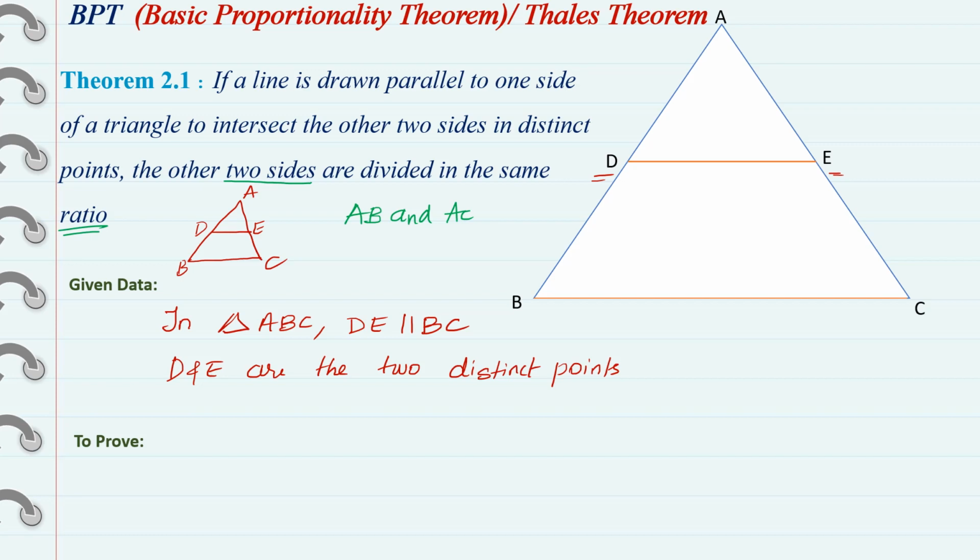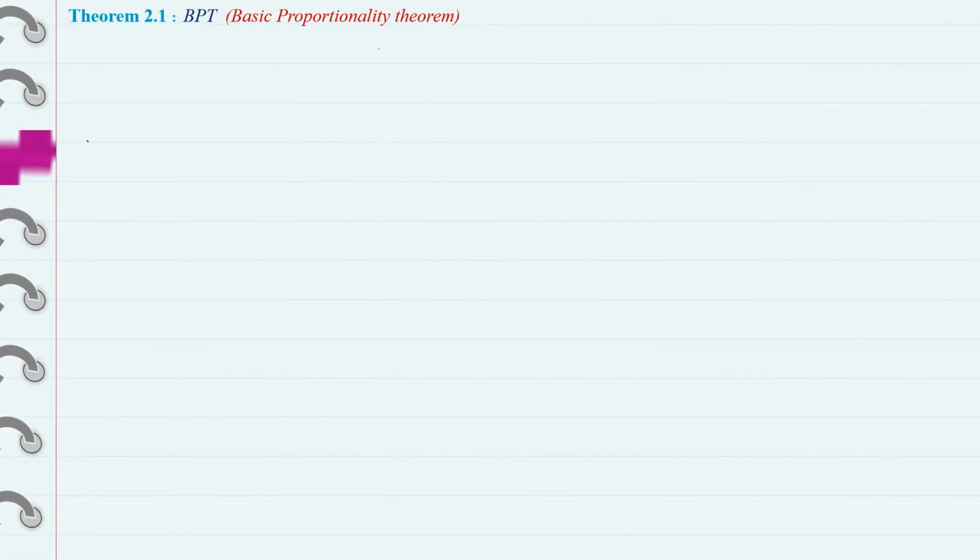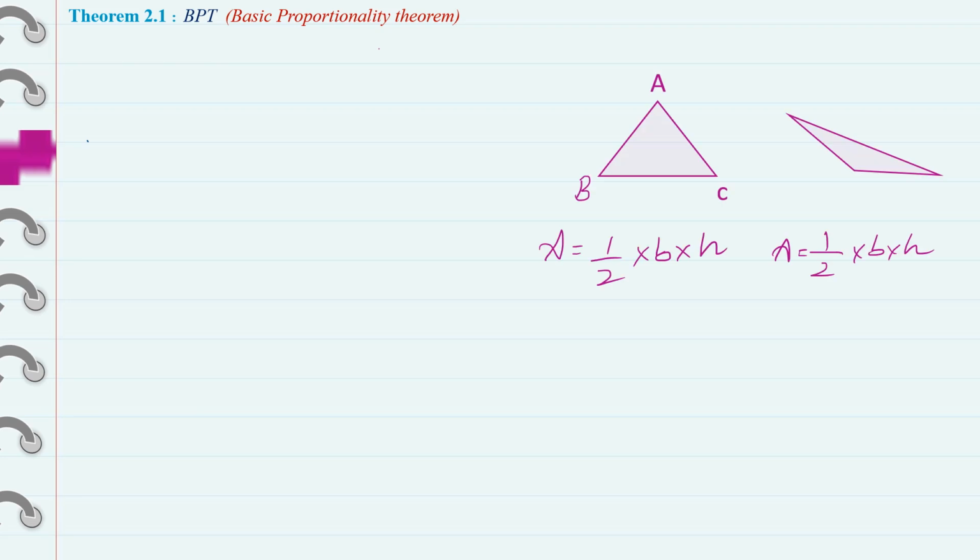They have told ratio means you will be having a numerator and denominator. So how to write it? We have to write such a way that AD divided by DB. This is one side of the triangle and the other side of the triangle is AC. How it is divided? AE divided by EC. It's as simple as that, right? Okay, we studied the statement and we have drawn the figure according to it. Then we wrote the given data.